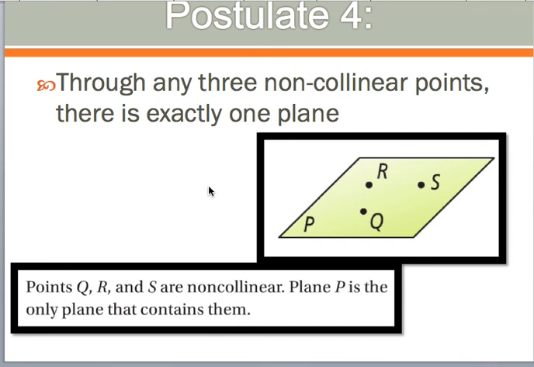Postulate 4: through any three non-collinear points, there's exactly one plane. You would have to know this to be able to label planes. Earlier in the lesson we said you label a plane either by the letter in the corner, letter P, or by three non-collinear points. You see that Q, R, and S can't be connected by one line. If they were connected, it would be a triangle. That means these three points are not all on the same line, and therefore we are able to make